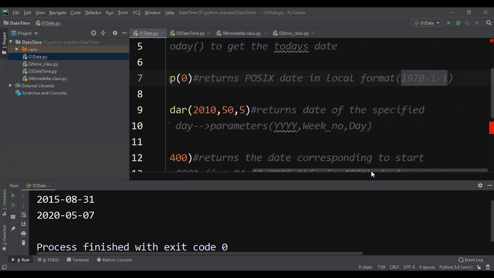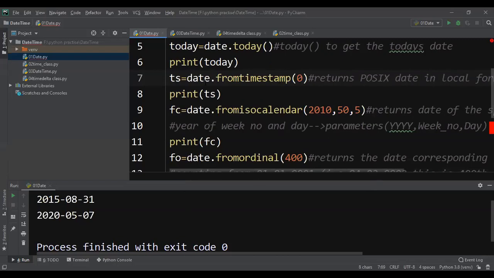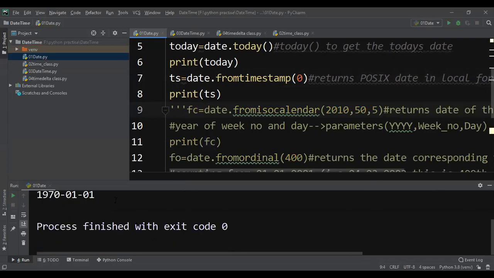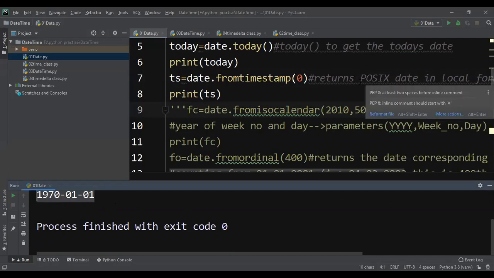If you want to print that POSIX date, let us see first what from timestamp will give, so that you will understand. So what is it giving? 1/1/1970. This is the date where the Unix system was started, and this is the reference date for the Unix based systems.